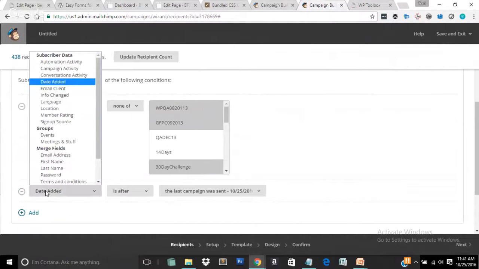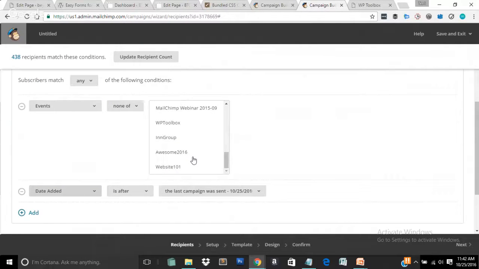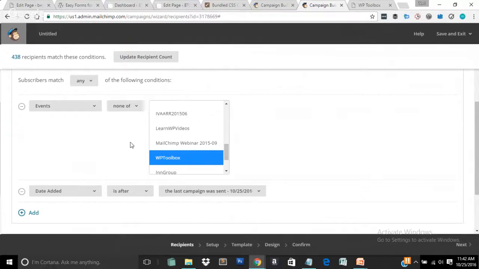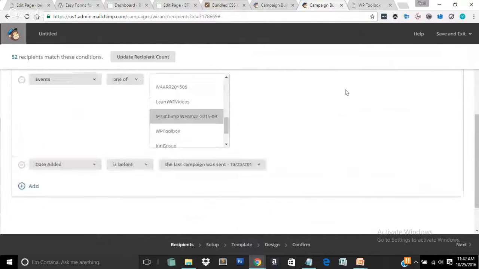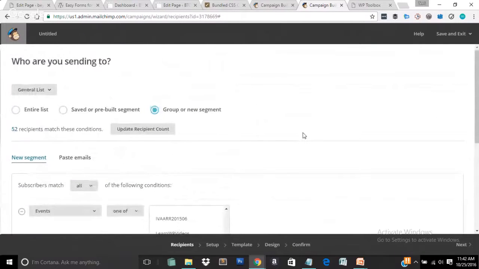You can also add multiple criteria. So maybe somebody that is, we'll pick this one before the last campaign was sent. Okay. And now this says any, but if I changed it to all of these, it has to match this one and this one. Okay. So as you can see, there's lots of different options here on how you can segment your list so that